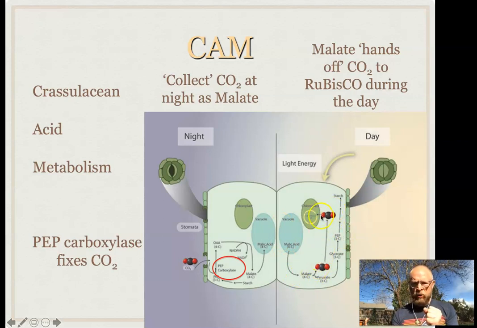All right, and so this is this diagram here. This black ball with the two red balls is a CO2 molecule, gets handed into the chloroplast where the rubisco is. And then photosynthesis proceeds as it would in C3 plants. So instead of separating rubisco from oxygen in space within the leaf, it actually does it in time. Rubisco is inactive at night when the CO2 is coming in, but then it gets activated during the daytime when